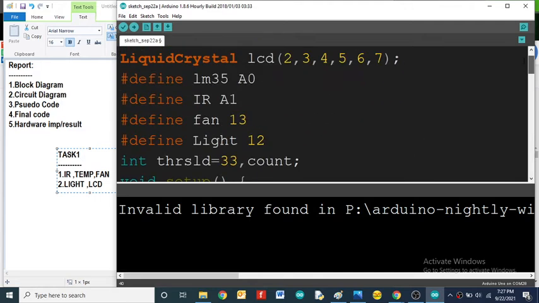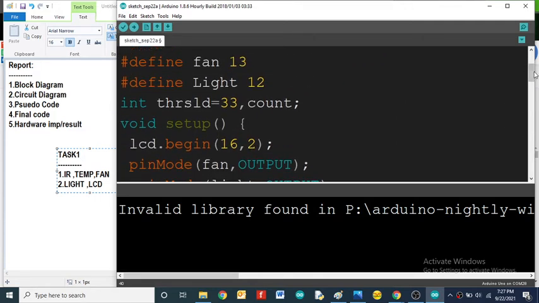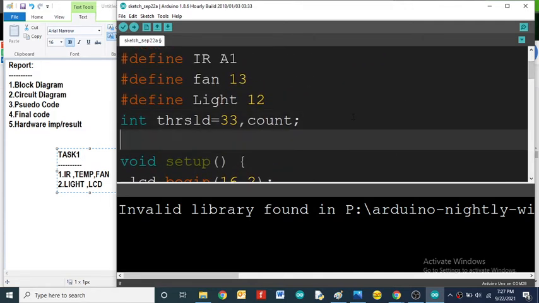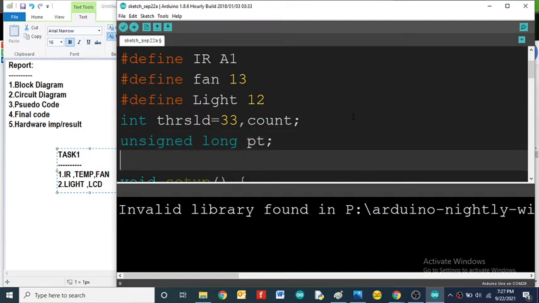Now I will add one more condition, or one more operation. I will take unsigned long previous time. Then you can also take the time.